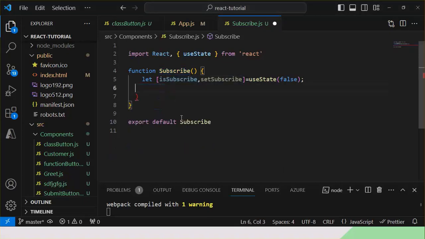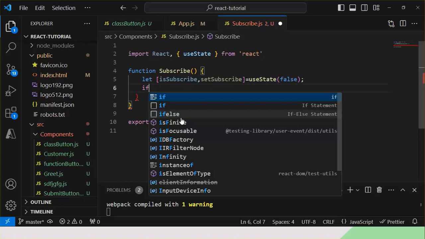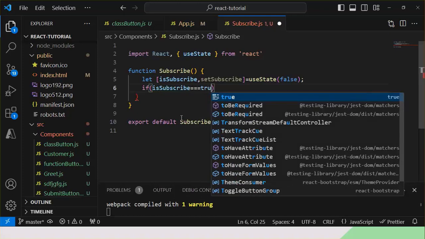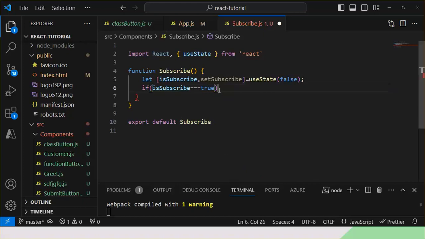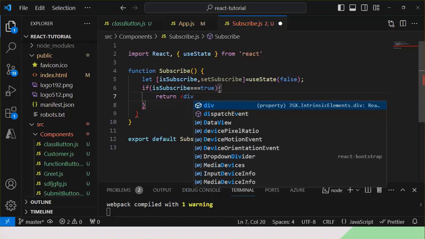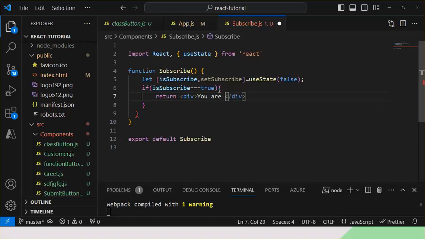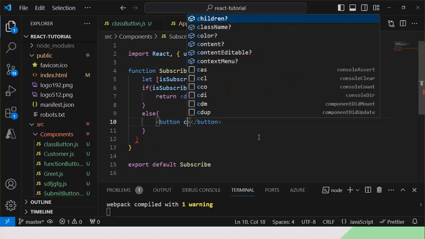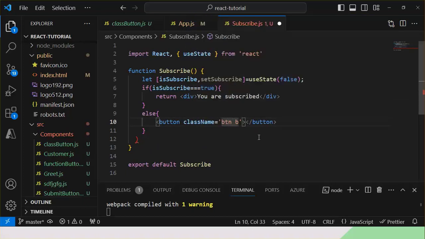Here, if is subscribe equal true, that means users already subscribed. So it will return a JSX that contains you are subscribed. Else it will show a button. I'm adding a class name, the bootstrap class button primary. Caption of button is subscribe,